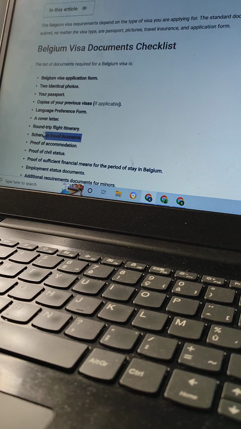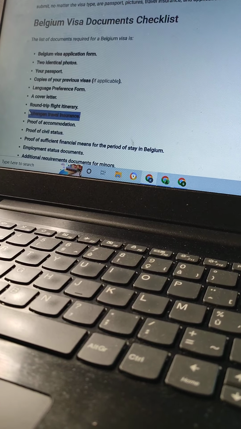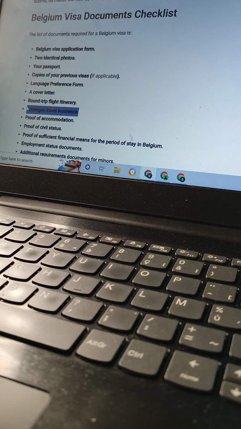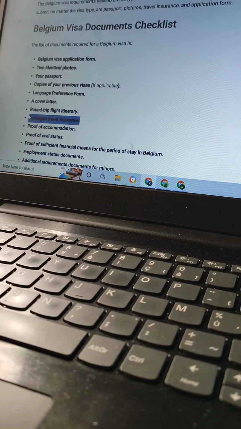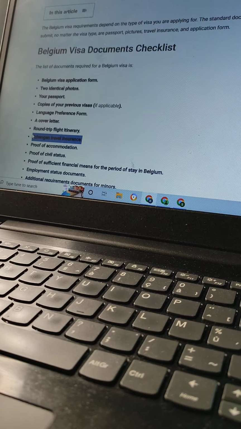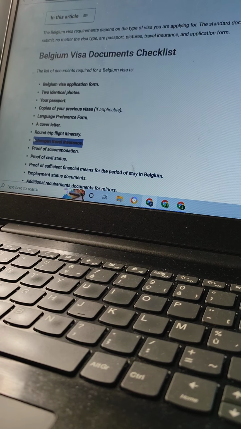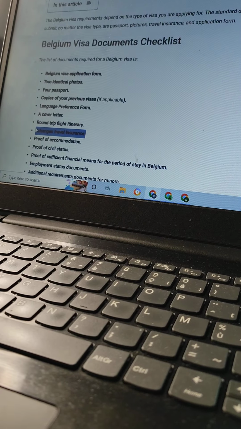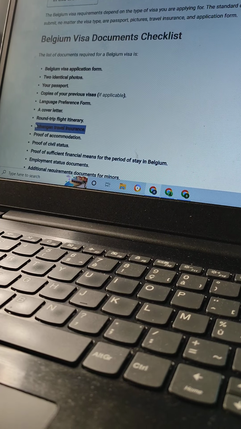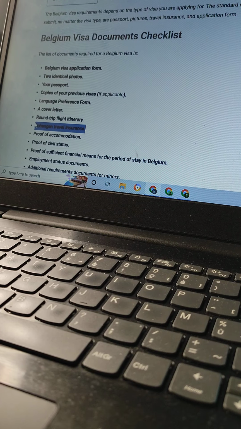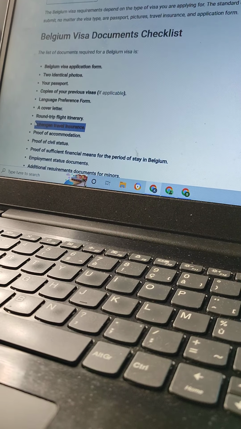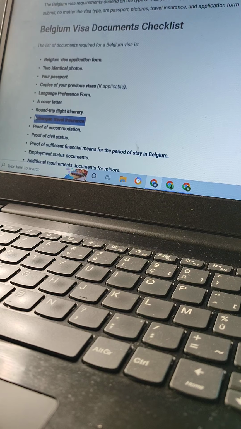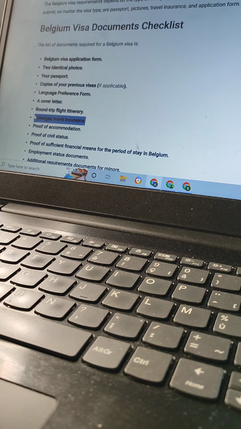You need Schengen travel insurance. If you are going to Europe, let me actually throw more light on this. When you want to travel to any country in Europe, first look, is that country part of Schengen? If yes, it means if you apply for a visa to go to Belgium, that visa can take you to Italy, that same visa can take you to Germany, that visa can take you to Austria or any country.